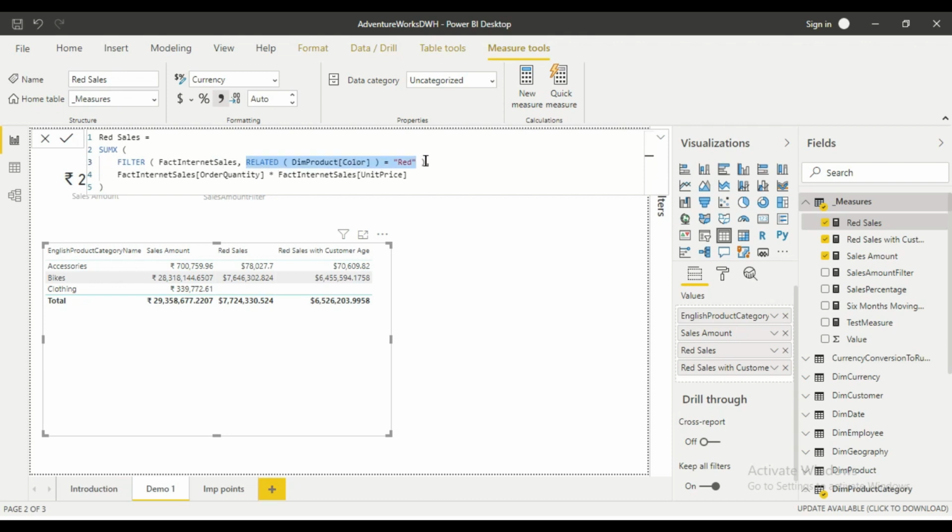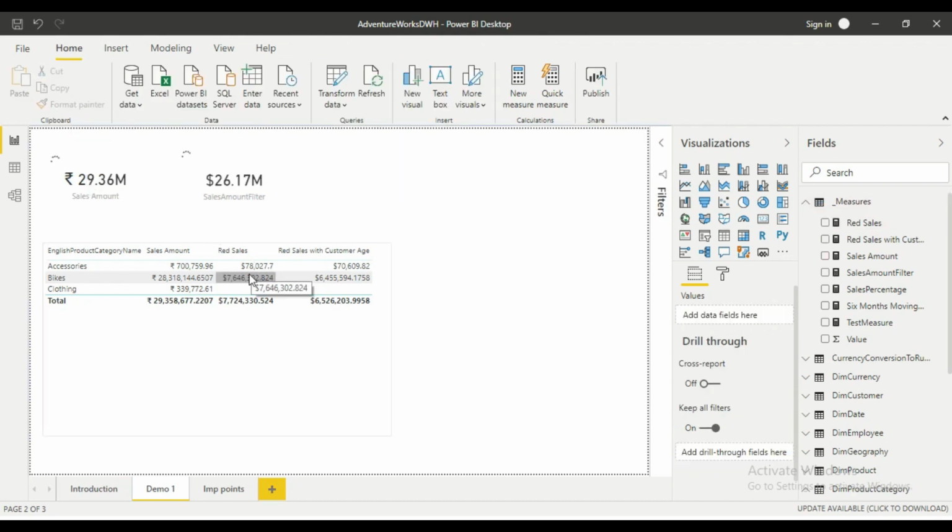This ultimately will filter those sales which have the product color as red, and then will compute this expression over the returned table row by row, and then take the sum and return the number. As you can see, this expression in itself is a table function, and it will return a table to the SUMX function containing only the rows which have the product color as red. So now finally you can see the number. I have included this measure inside this visual, and you can see it only contains the calculation for those rows.